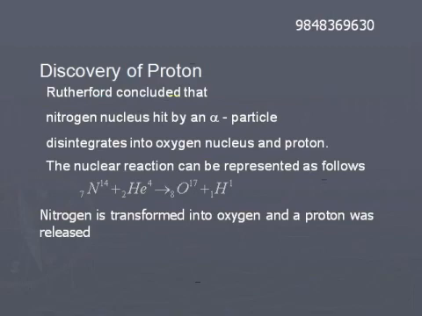Here the transformation is that of nitrogen into oxygen. The nitrogen nucleus is transformed into an oxygen nucleus, and a proton is released due to the collision of nitrogen with an alpha particle. So this is artificial transmutation. During this process,